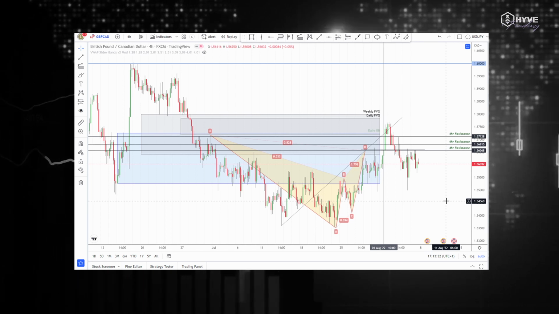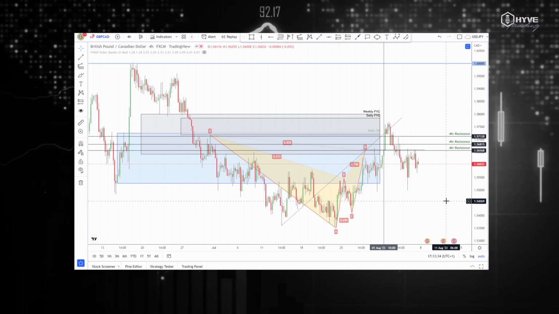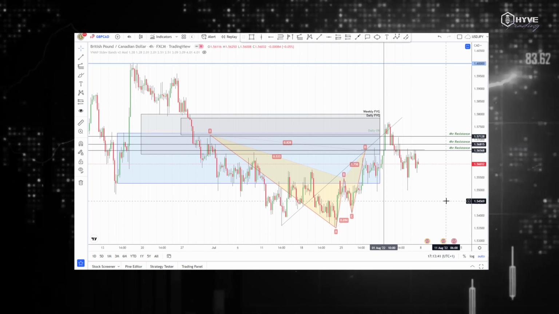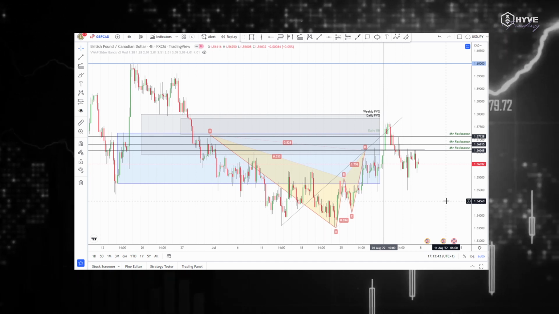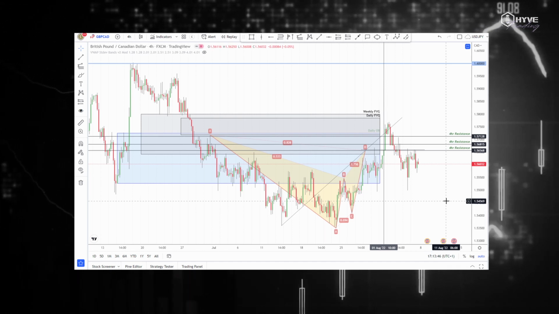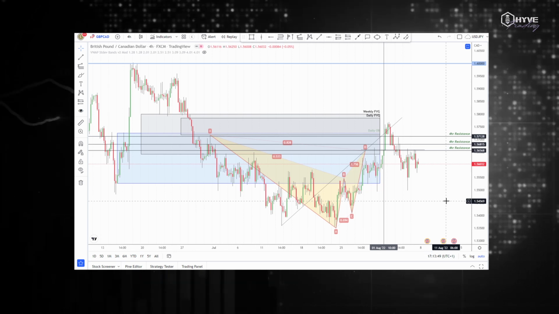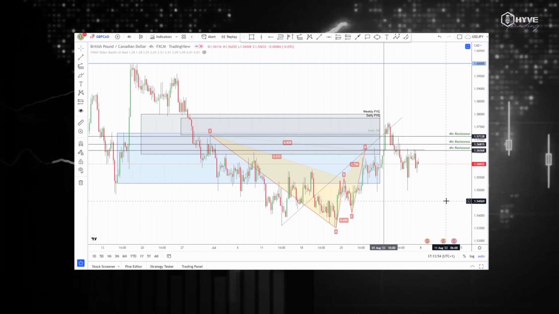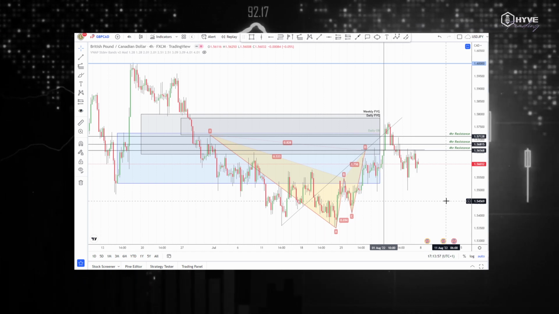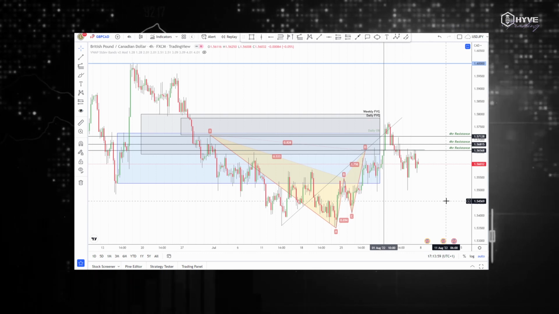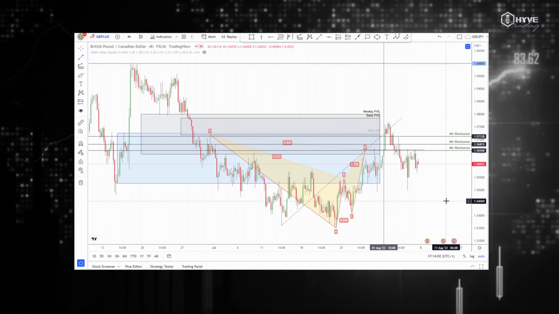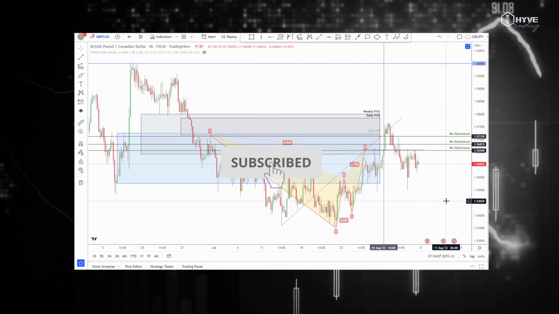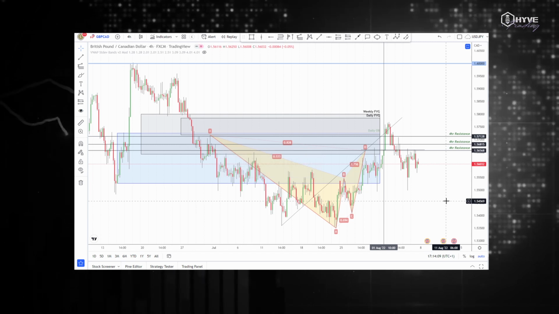So I'll take you through the higher time frame analysis all the way down to the lower time frame, basically letting you know how I develop my directional bias using the higher time frame technical analysis, then dropping down to the lower time frame to develop and find my trading zone, all the way down to the 4-hour time frame, and then to the entry of the trade where I'm actually executing my trade and what I'm looking for on the lower time frames to confirm that this trade is actually a valid trade setup